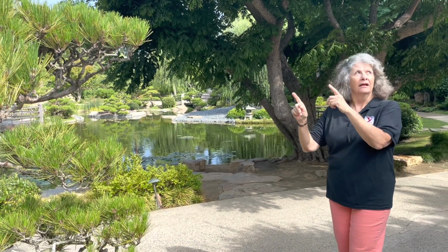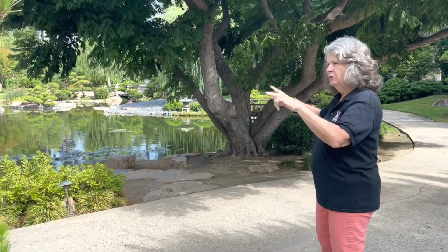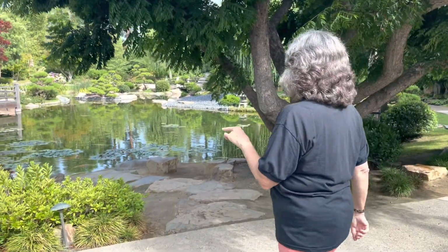A garden is a mixture between nature and humankind. The gardener is the transition. The gardener brings his intention and his design, and that's what we've done here. We're going to take a look at other elements that make this garden. So we have our black pines, and our other